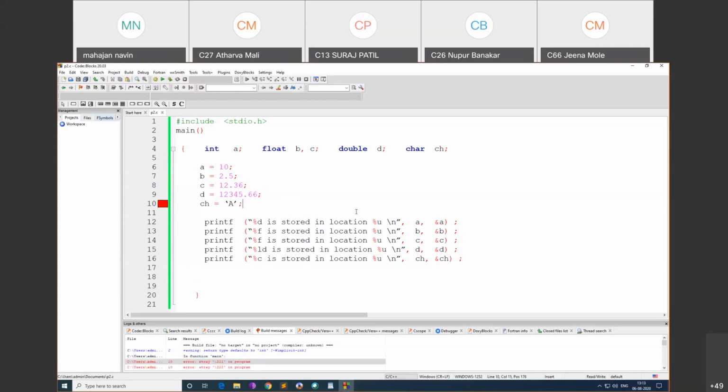Char a equal to... It says line 10, 221 in the program. Okay. If the problem is not here, we will delete this one and understand. So there is an error here.